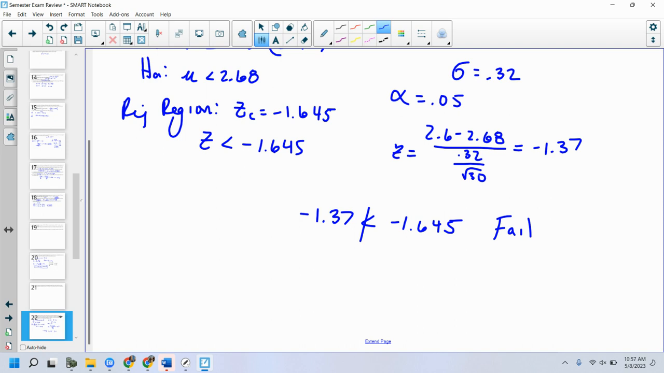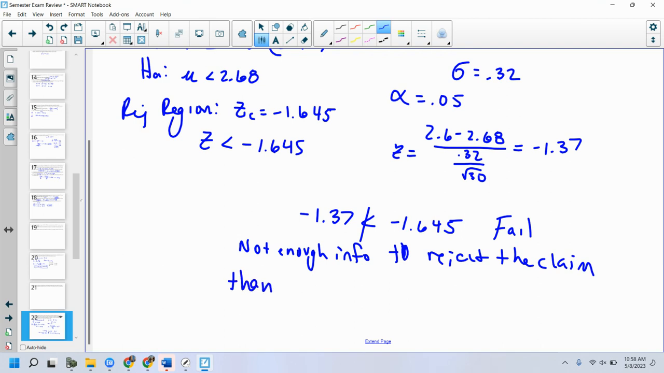Okay. So again, you write the statement out, and again, I think we got a little lazy on the last test or so. Make sure you write that statement. Not enough information to reject the claim that mu is greater than or equal to 2.68